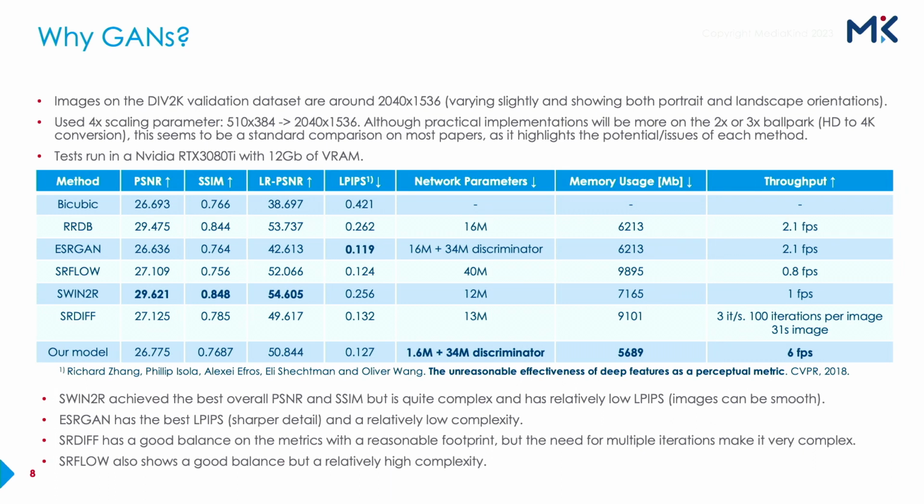So we ran that, as I said, as a single image on the DIV2K validation dataset using a 4 times upscale in each direction, which is probably much more than you'd use in a video application, where you'd probably be looking at a 2 to 3 factor, but that's really to emphasize the difference between the algorithms. And we are computing the PSNR, SSIM, and the LR PSNR, which is basically the PSNR between the low resolution input and the super resolution image downscaled back to the original resolution.